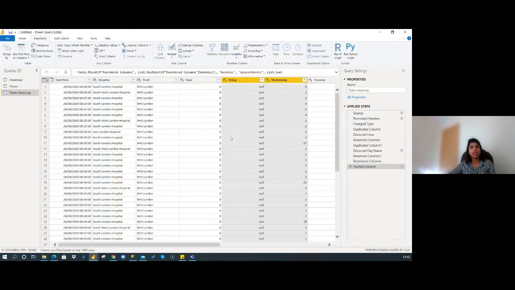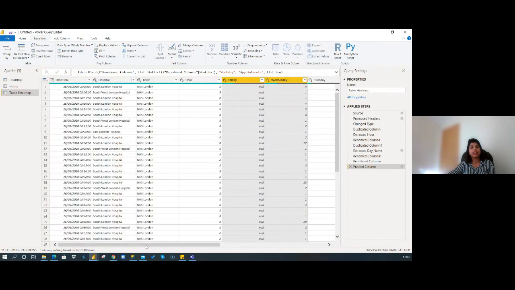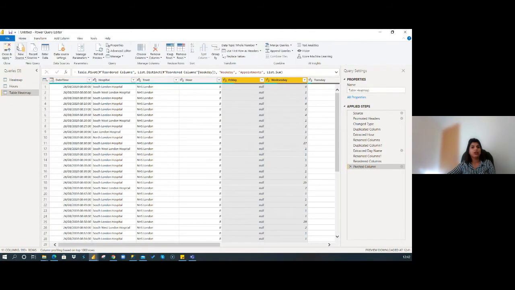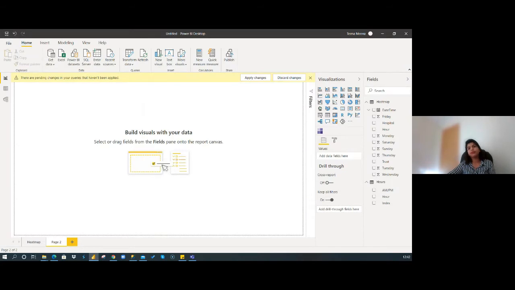Now our weekdays are separate columns rather than a value in a column. This is how our data model should look. Once you have this data model, you go on home, close and apply, and you are done.